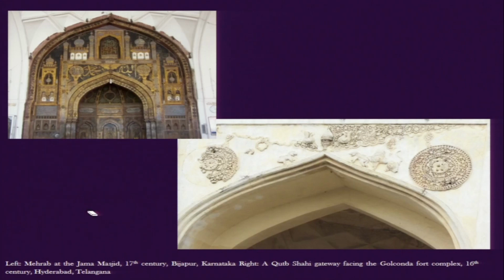So in this one, what we have is an arched, niche-like area, and in places we see how this is framed by elaborate motifs. Now this particular mehrab that comes from the Jama Masjid in Bijapur was made in the 17th century, and we see that the intricacy, the architectural details, and the arrangement of the composition are all highly similar to many of the textiles that we see. That can be the Jahnamas, that can be the mehrab textiles, and at the same time those huge narrative textile panels that we have in those tent textiles.